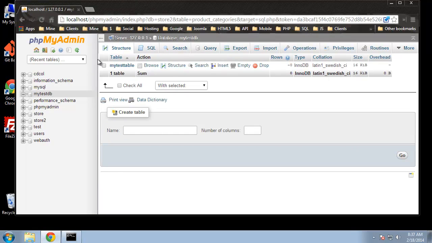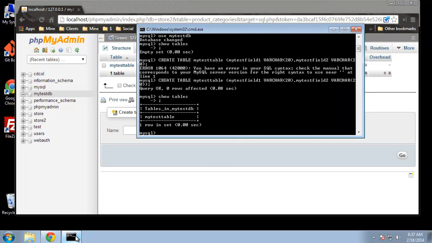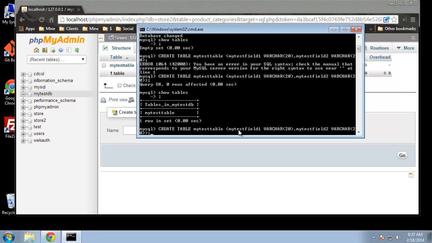test database, and we'll create an ID with a primary key. Alright, so we want to basically, we'll just use this, and we'll go ahead and change the table name. We'll just say my test table 2, and then before the test field 1, let's create a field called ID,